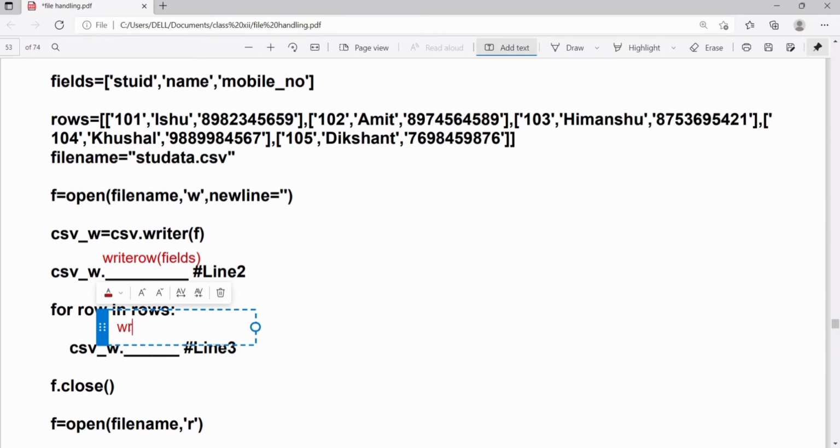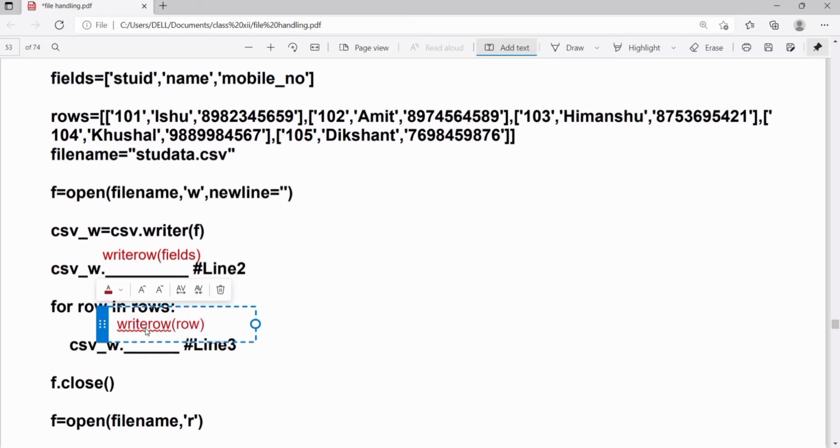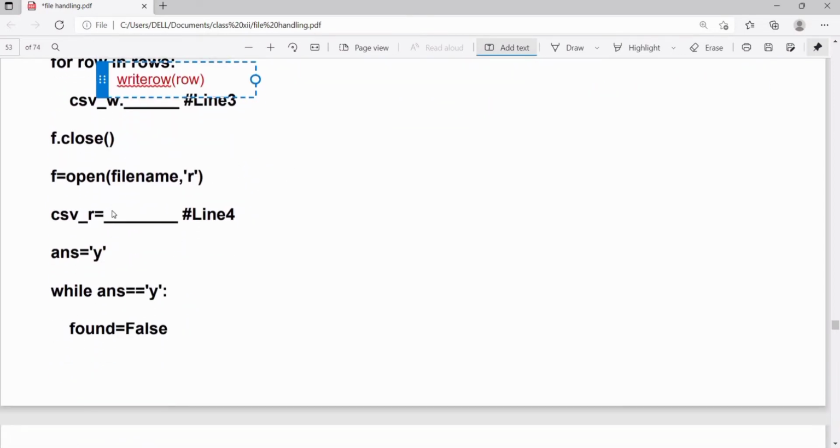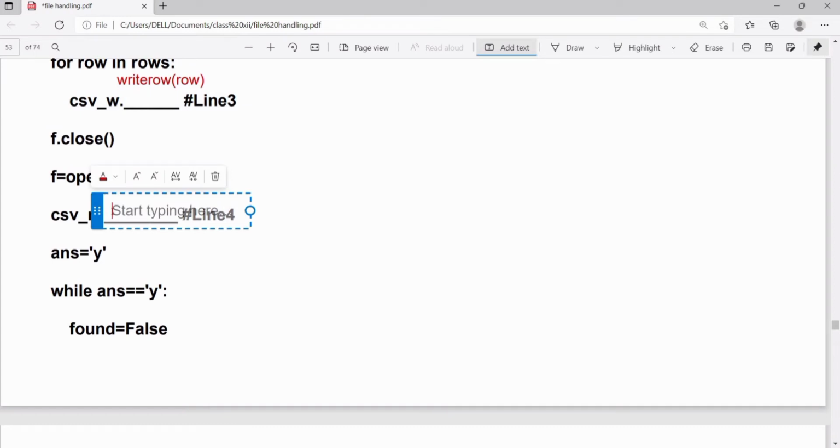We have to loop through rows and write in the CSV file using the writerow function. To write, we have to use writerow within bracket row. Now all the data are inside the CSV file.